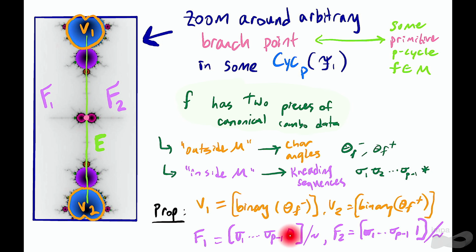And when we look at these in binary and interpret these as words in CP, this defines when we have an edge that has the vertices given by its two different characteristic angles. So if we started with an edge right here that corresponds to a polynomial that's primitive, it has two different characteristic angles that are in two different periodic P cycles, and its vertices are the CP element that corresponds to